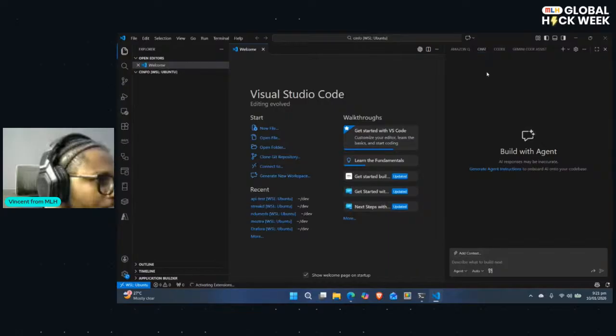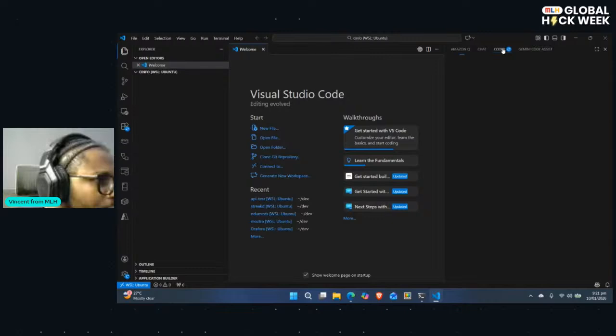I think VS Code comes pre-built now with the Copilot chat, which is a vibe coding agent as well. But I love to use Codex. You can use Codex, you can use Gemini Code Assist, whichever one works for you. I'm going to stick with Codex.